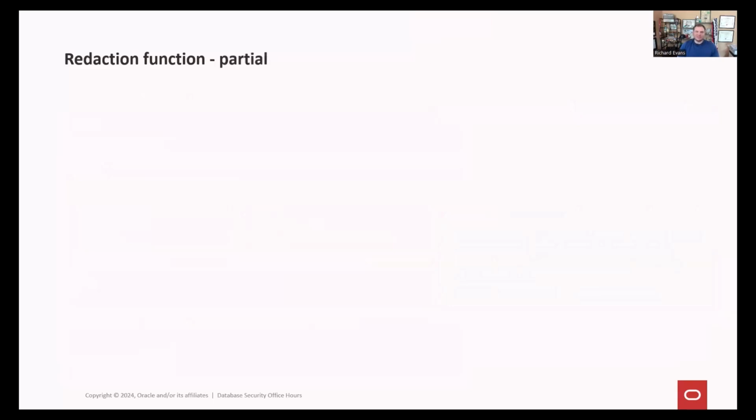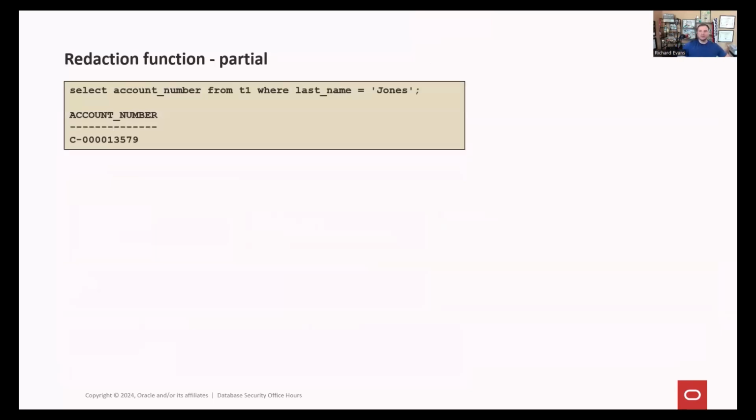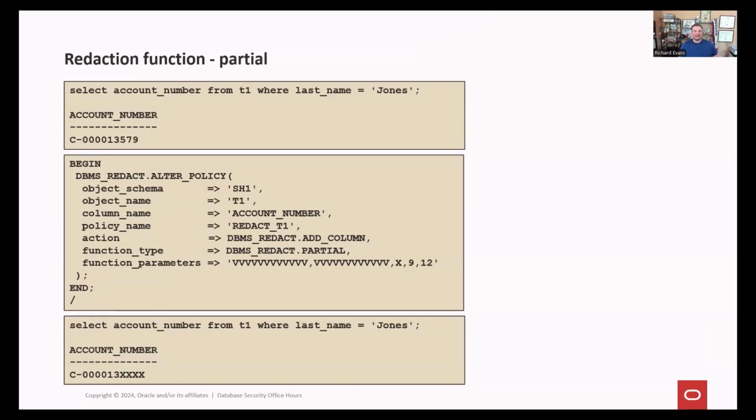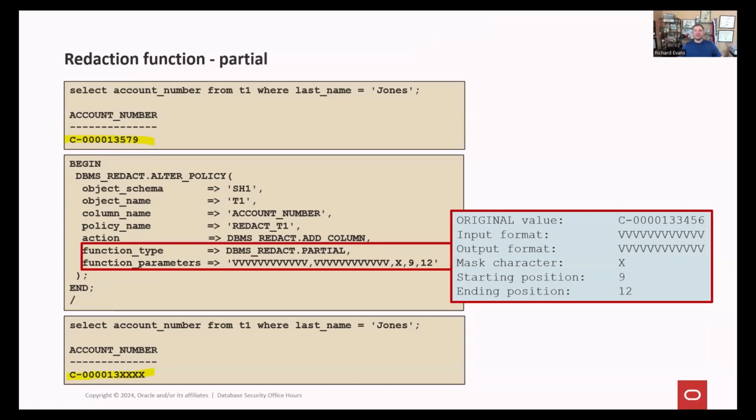If you say, well, random is a little weird, Rich, I don't necessarily want to just randomly generate my numbers. I've got an account number, and if it was random, that'd look weird. It wouldn't really maybe follow our format. That's okay. So if we've got a fixed length varchar column, we can say we want to redact it from this value here, ending in 3579, to end in just 4 X's instead. And the way we do that is by using the partial redaction function here, right?